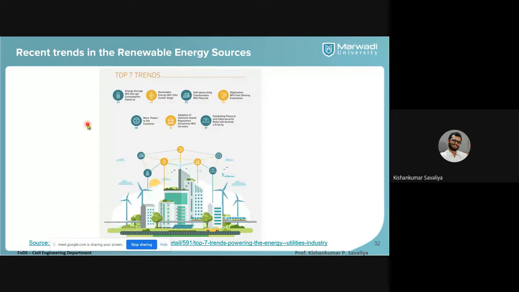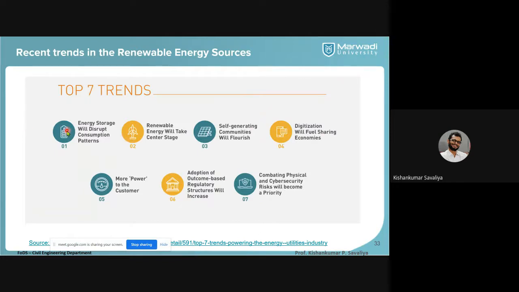Here you can see there are the top 7 trends right now available in the market. If you want to develop any kind of technology, model, device or equipment, it should be purely based on these 7 fields. Which are those 7 fields? These are the 7 fields. Number one,